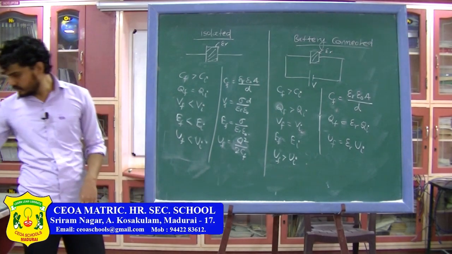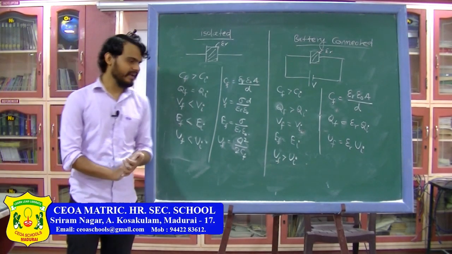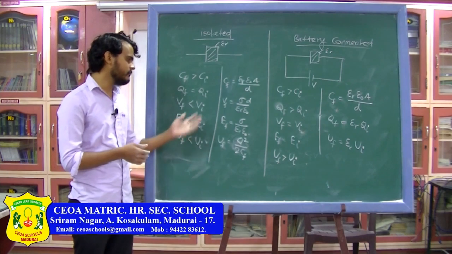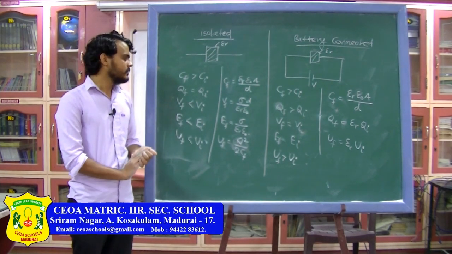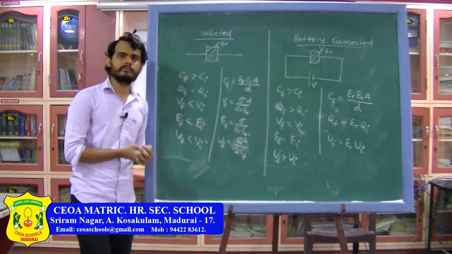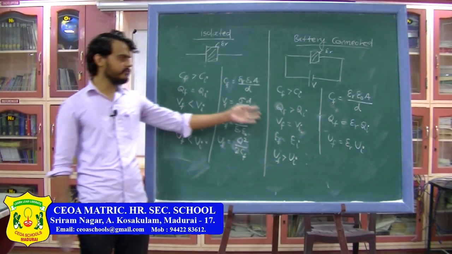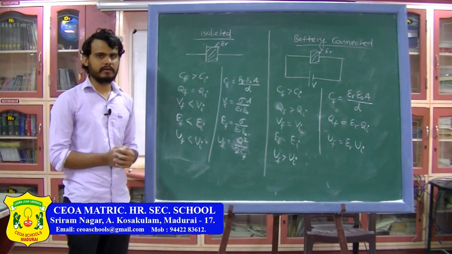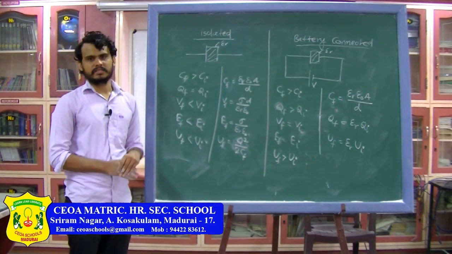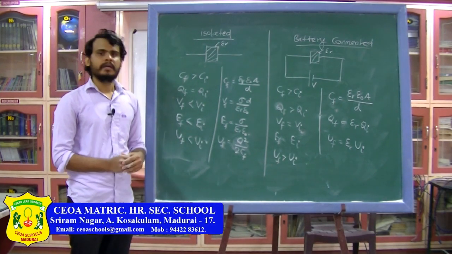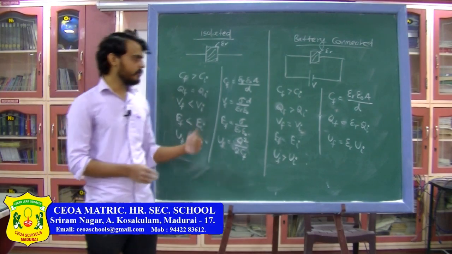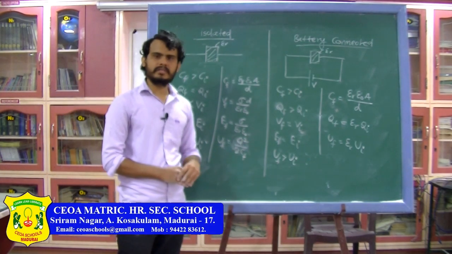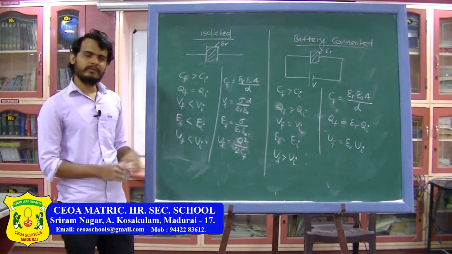So with this, the parallel plate capacitor discussion and all the formulas are completed. In the next class we are going to do circuit problems. In the circuit problems we need all these formulas. Till now from this section which I have covered, only the formula based questions are possible, where they will give you the values of the quantities and you have to just recall the formula and put the values in the formula and you will get the answer.